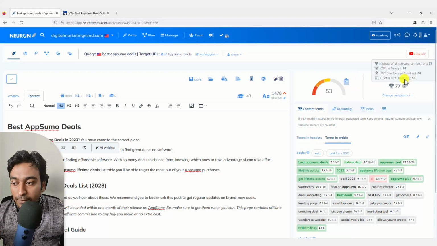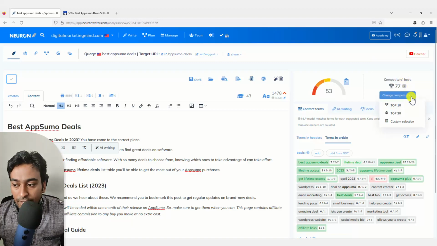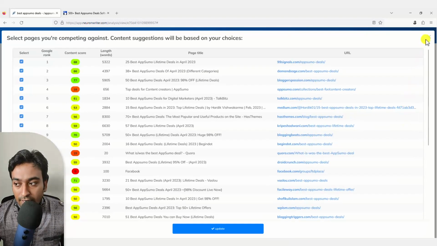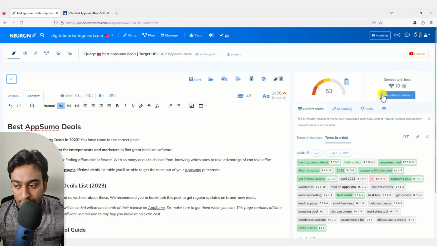And this shows the competitor list: who is the best competitor, what is its current score, and where they are ranking, just a basic example. When you click on it, you can change the competitors too, in case you want to change the competitor which is gathering all this data, or you found another competitor who has created another good resource on that. You can just go into it and start adding that competitor's information here also.